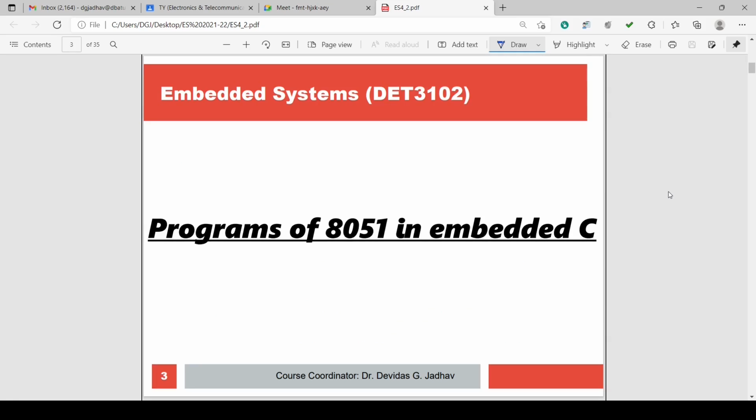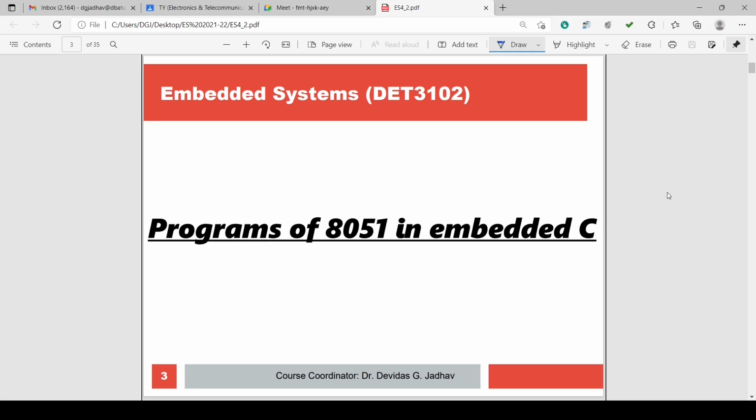We are now discussing and trying to understand the programs of 8051 in embedded C, and how to execute them on the Keil MicroVision 5.